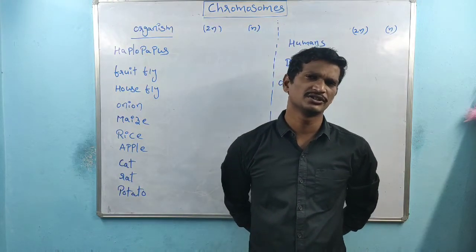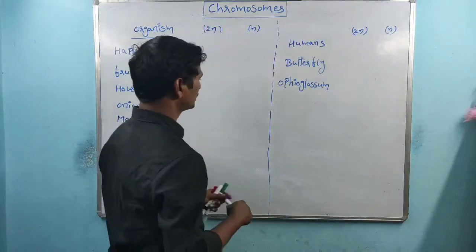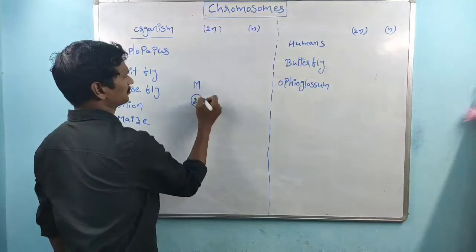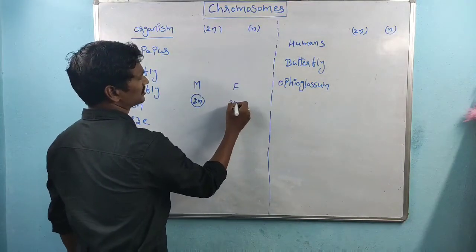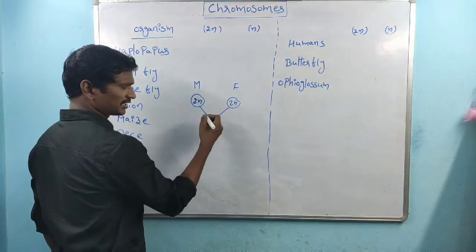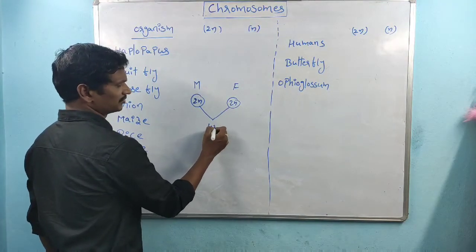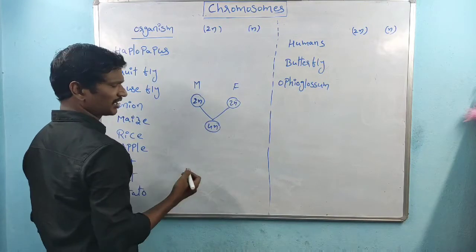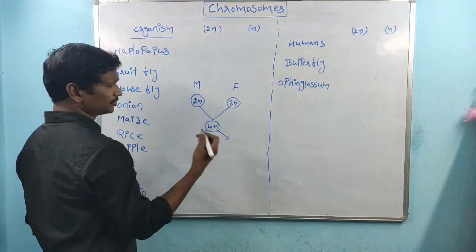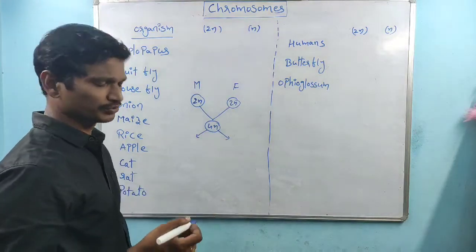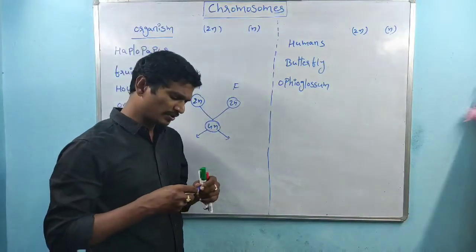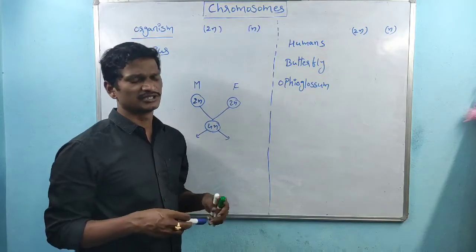See, if meiosis did not take place, for suppose one parental cell is the mother and one is the father, both 2n state. If these cells are directly involved in the sexual reproduction process, the next generation has the 4n state. Again, the next generation 4n and 4n, 8n. So in every generation the number of chromosomes is increased. See, that is an abnormality. If the chromosome number increases every time,